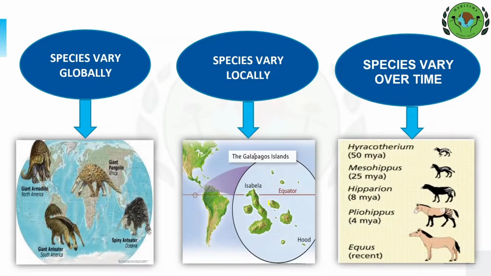And the last pattern is how species vary over time. Several fossils of extinct animals have been found which are very similar to living species, which concludes that there must have been some common descent, that some of these characteristics from ancient animals were passed down from generation to generation until eventually we had an evolutionary process take place where we see the animals that we do today.